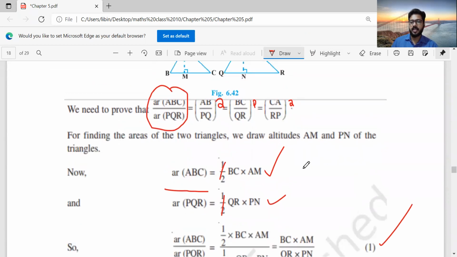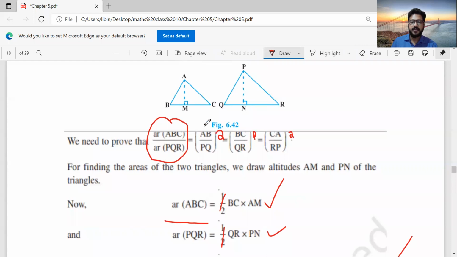Clear? Okay. Now we know that we want to find the LHS. How are we going to form a relation like that? In order to do that, we are considering these two triangles, triangle ABM and triangle PQN, and we are trying to prove that these two triangles are similar. If they are similar, of course their corresponding sides should be proportional, not equal. So how can we prove that these two triangles are similar?